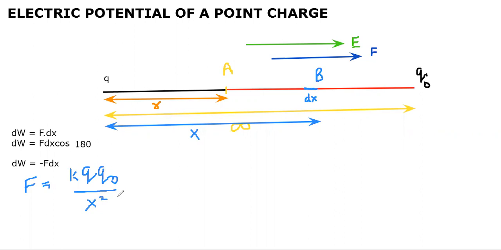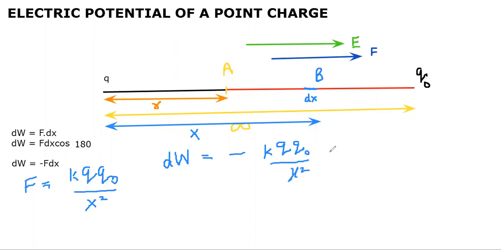This is the force, Coulomb's law, K Q1 Q2 by R square, where the distance is x. So put the value of force in dW. What you will get is dW is equal to minus K Q Q naught by x square